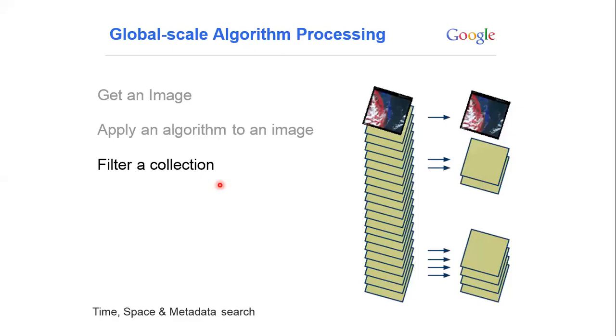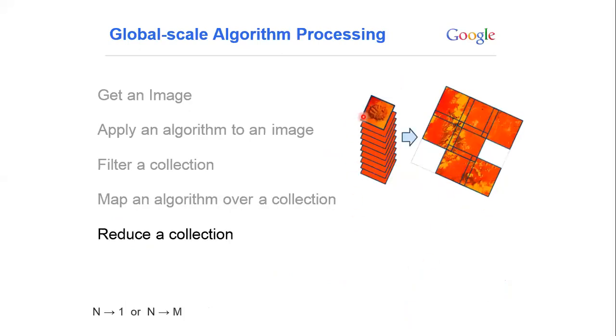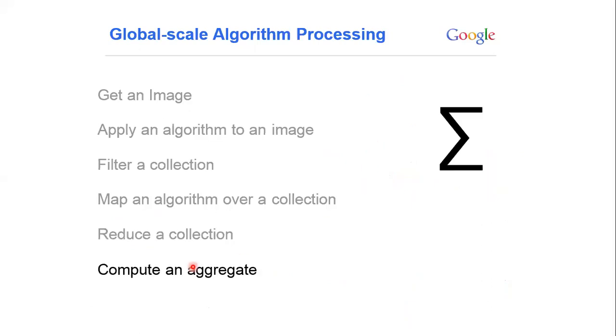Now, filter your collection. If you have n number of datasets, for example from Landsat 7, from 1990 to 2013, there are n number of Landsat images. If you want to select only a few, you can filter your collection with some functionalities. If you want to apply an algorithm over all the selected images, you can do it with just two or three lines of code, and you can reduce your collection to some particular area and compute the